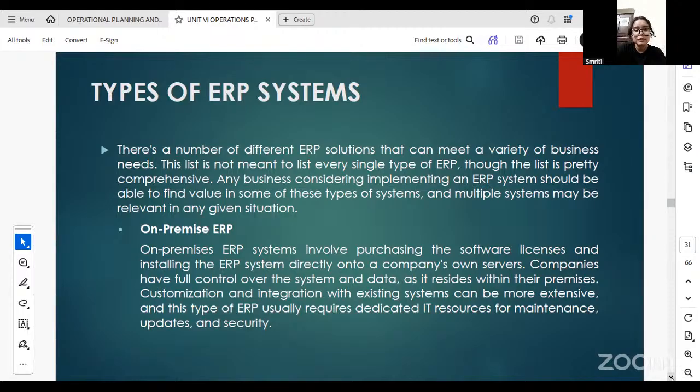Customization and integration with existing systems can be more extensive, and this type of ERP usually requires dedicated IT resources for maintenance, updates, and security. So here you buy the ERP system and implement it in your organization yourself, and it integrates with whatever existing systems you had. For example, at BHU, we have an ERP system, but it is managed by